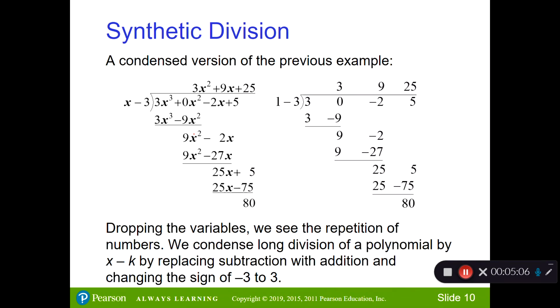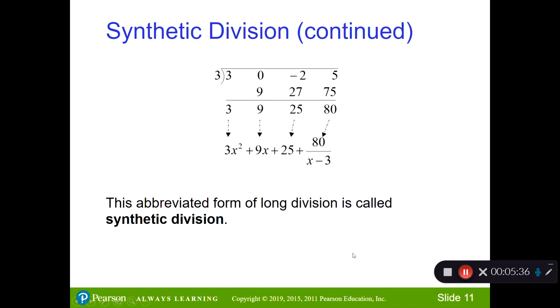All right, now, this is the division that we just did. If we take away all of the x's, it looks just like this. So notice I can do the same thing. I can say, what do I need to multiply by to get that here? Well, notice I would multiply by a 3 to make those look the same. So 3 times 1 goes here, 3 times negative 9, and do it going down, right? So I can strip out all of the variables and have a condensed version of the long division,